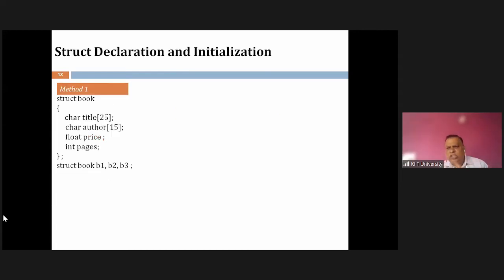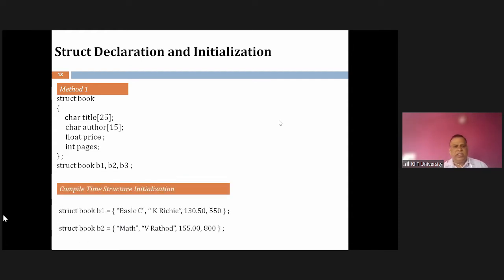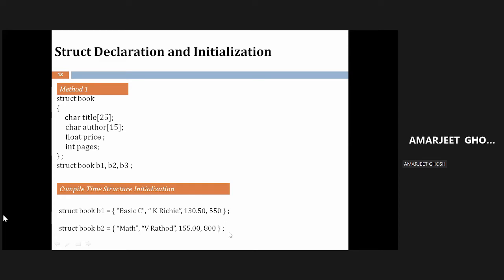This structure definition and declaration can be done in different ways. This I discussed just now. I define my structure, then declare my variables. This is the right way of defining data types and declaring variables. And in this case, I can also assign values at the time of declaring variables. I declared a struct book B1, and assign first the name Basic C, then the price and number of pages. I can assign values without going for a scanf.